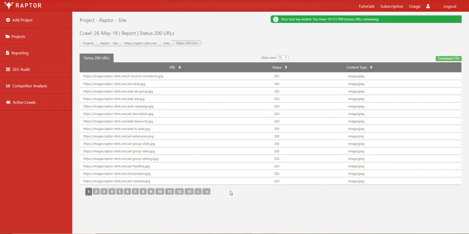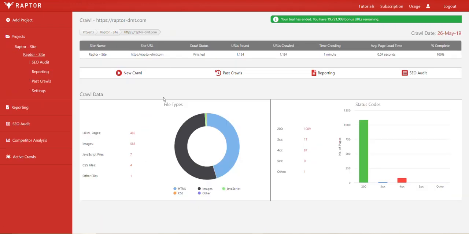If you click that, you'll go through to a page that shows you all of those URLs. You can choose the amount that you want to see at the top, and there's obviously pagination at the bottom. Obviously a lot of these here are JPEGs, but if we jump back to the site, what you'll see here